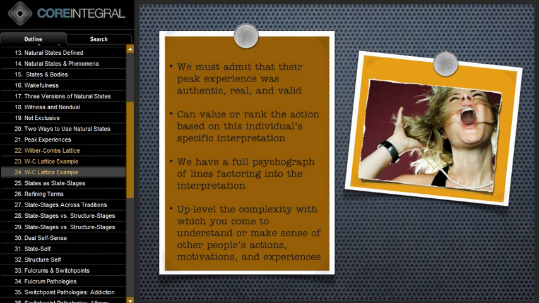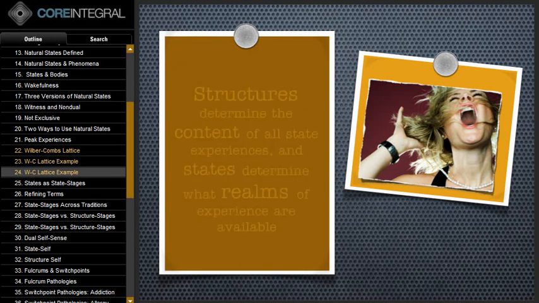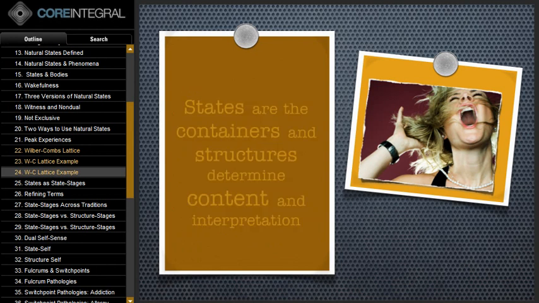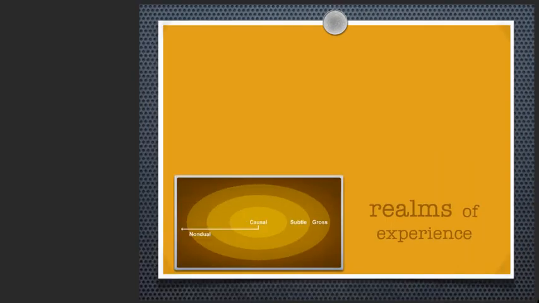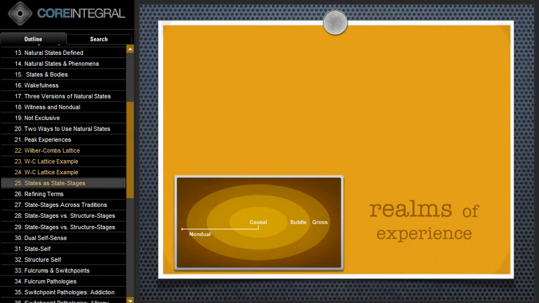In summary, here's the most important point. Structures determine the content of all state experiences, and states determine what realms of experience are available. Another way to put this is, states are the containers, and structures determine content and interpretation. Earlier, we said the integral approach worked with natural states in two manners. First was as realms of experience available to each of us. The second way it works with natural states is as